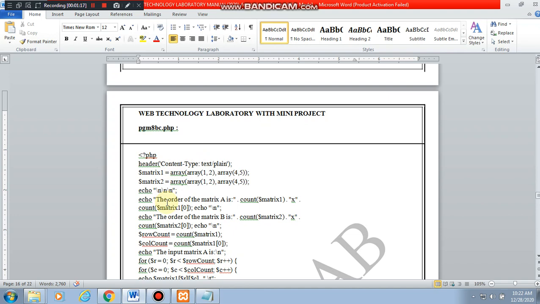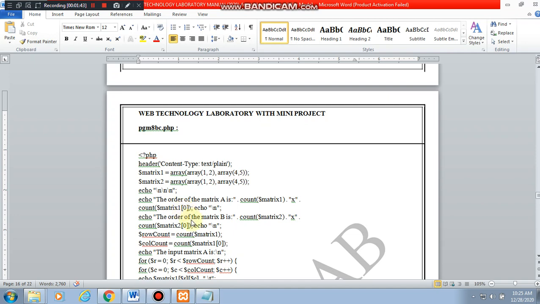Then to extract the order of the matrix, we have just used count of $matrix1 and just displayed it, extracting both the rows and columns. So it is extracting two parts, that is rows and columns.